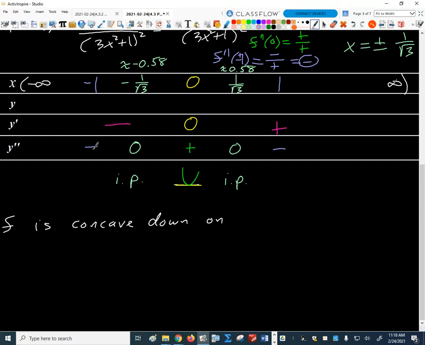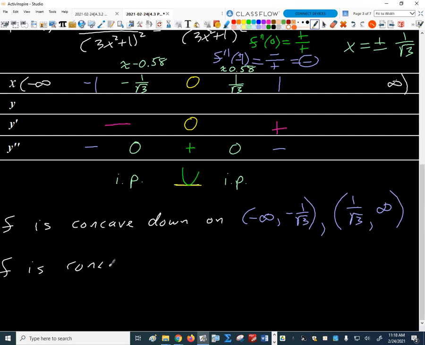So we've got this interval right here, don't we? Here's a negative interval from negative infinity to negative 1 over the square root of 3, or, comma just means or, that's our shortcut for interval notation. This interval, all values of x greater than 1 over the square root of 3, okay? And we could say that